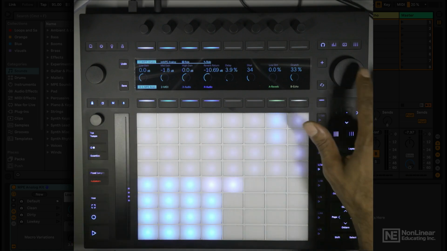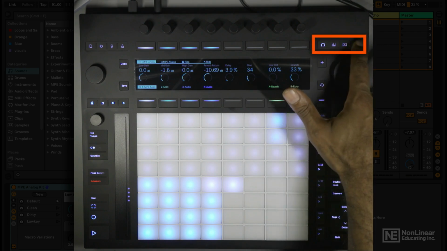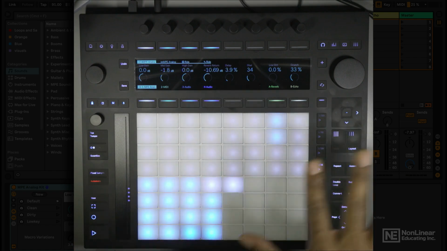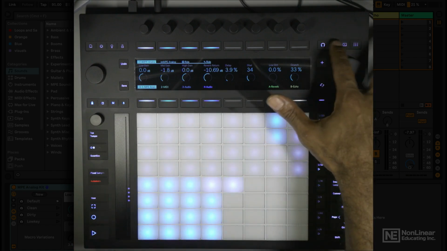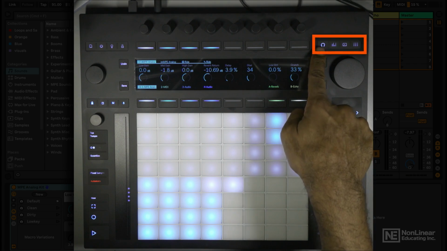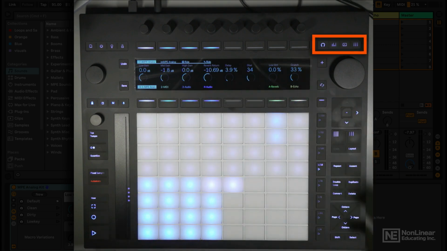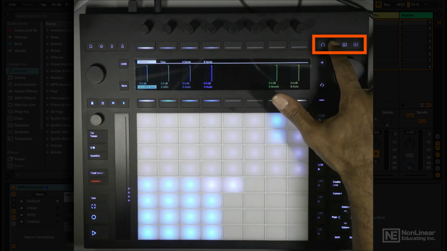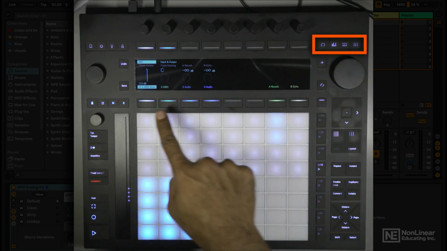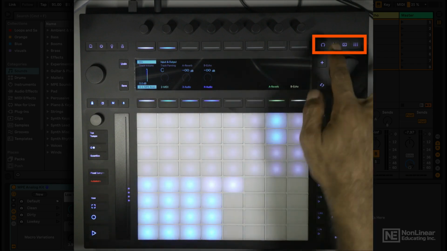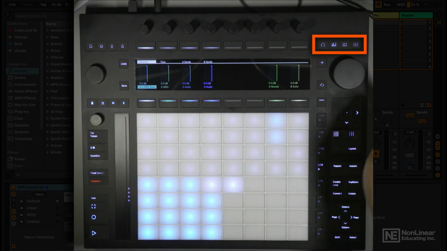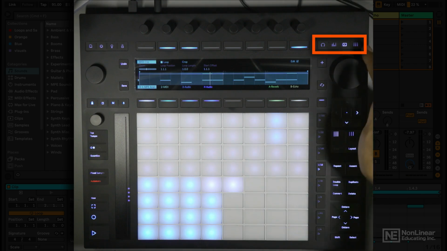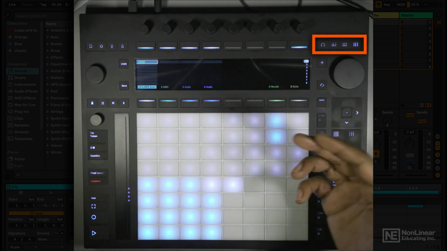If you look at the upper right above this jog wheel, these buttons determine what you see on the screen. I guess these buttons do too, but when you're normally working, these are the buttons you're going to focus on to switch modes. This is my device view button, and here's my device, but I want to see the inside of the clip. If I hit the next button here, this is going to show me the mixer, and I can hit this to toggle between the mixer settings for this track or the volume of all visible tracks. The 3rd button here is going to show me the clip view, and we'll get back to this in just a second. The last button actually shows me the session view, and I can see on track 1 I have